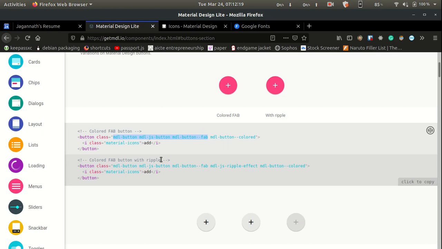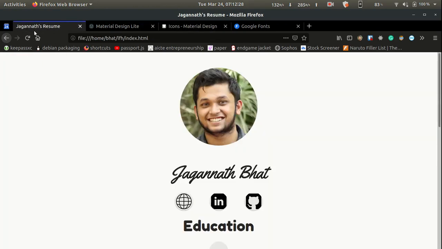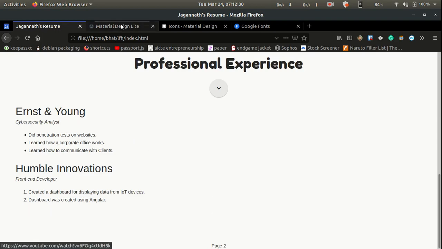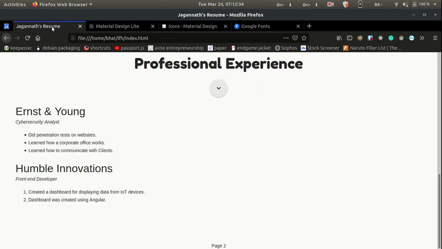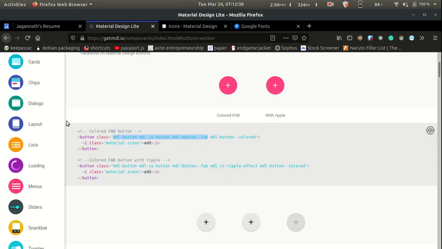So yeah, use Material Design if you want, but don't use it everywhere. And that's going to be it. So guys, check out all the components here. You can check different components. It might not be useful here, but just try them out, because like I said, you're going to have a